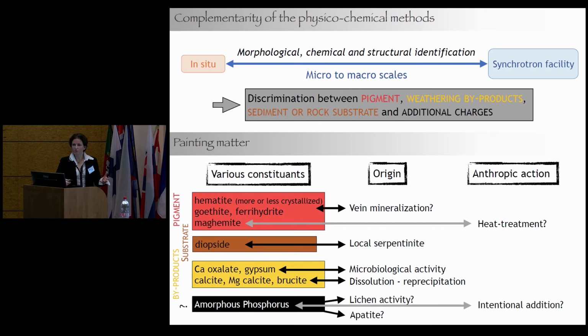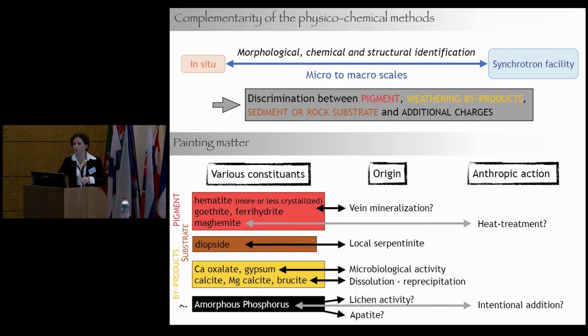Concerning the painting matter, to answer the question, we can make a link and a comparison between the painting matter and the artifact. The pigments are the same. The morphologies are quite equivalent, but what is the clue to be able to say it's the same? It's really difficult to say it's the same. We need to go really further, and we need to be very prudent to clearly pose this hypothesis and go deeper after evacuating the byproduct and the substrate.